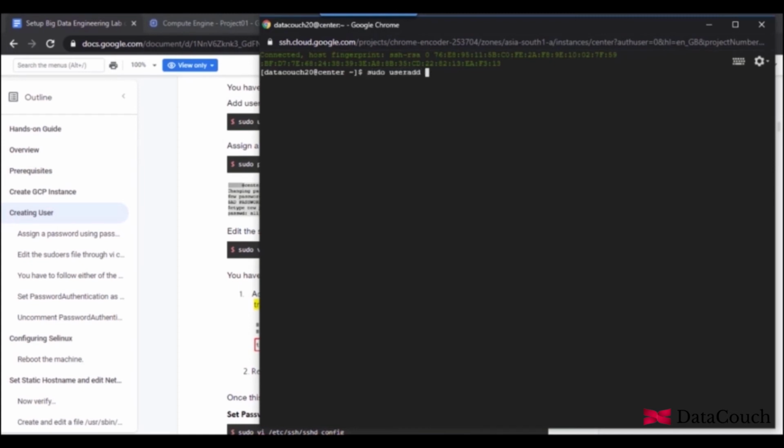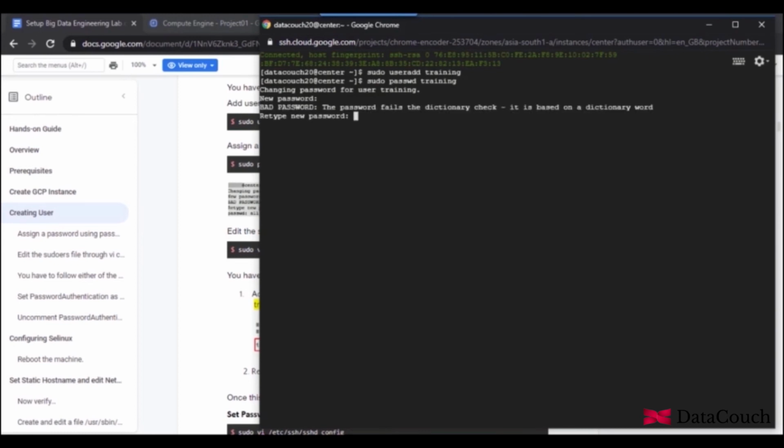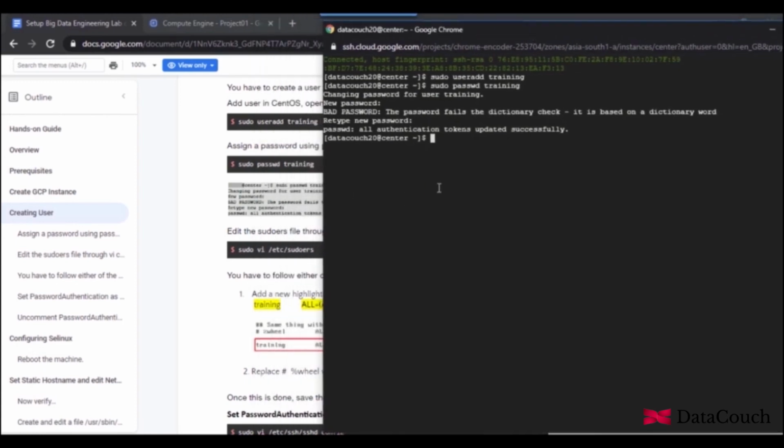So we create another user, training, add the user in Linux, and then set up the password for this user, and the password is also training. It's asking for the new password, so we specify the new password, which is also training.